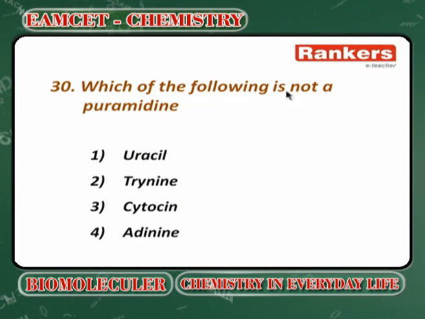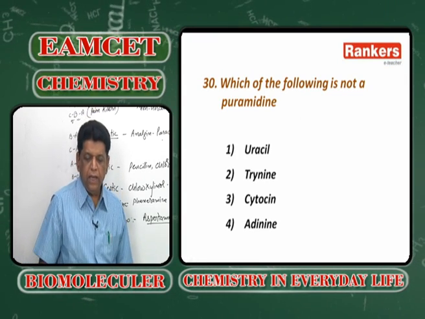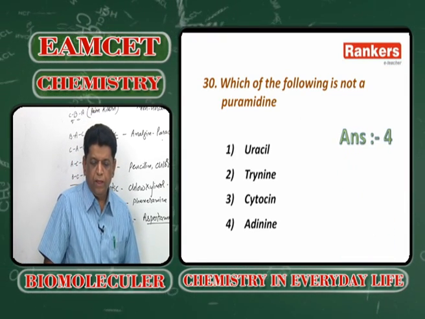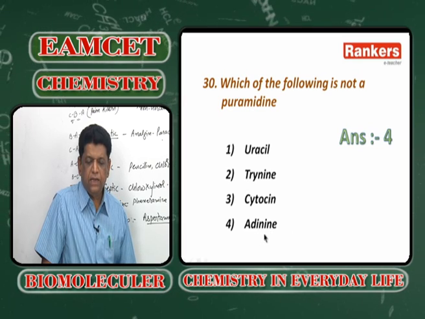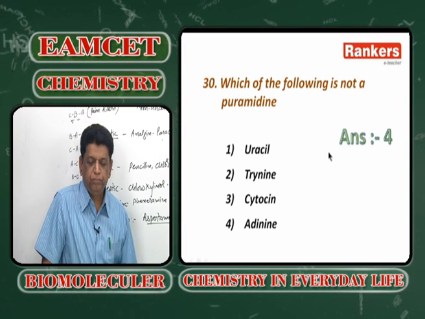which of the following is not a pyrimidine? Adenine is a purine, so the rest are the pyrimidines. Next,